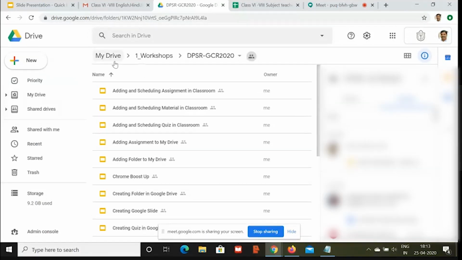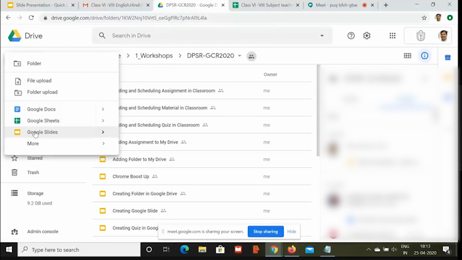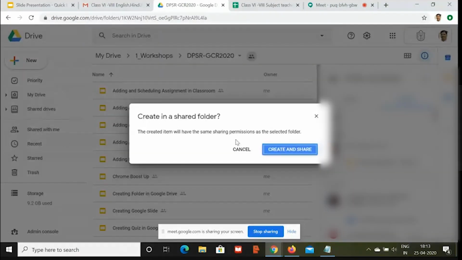So once I confirm that I'm in the appropriate folder, then I'll click on New. I'll click on Google Slides. And if I'm creating a slide or document or sheet in any folder which is shared with many people, it will always confirm from me whether you want to share with everyone or not. So you have to click on create and share.